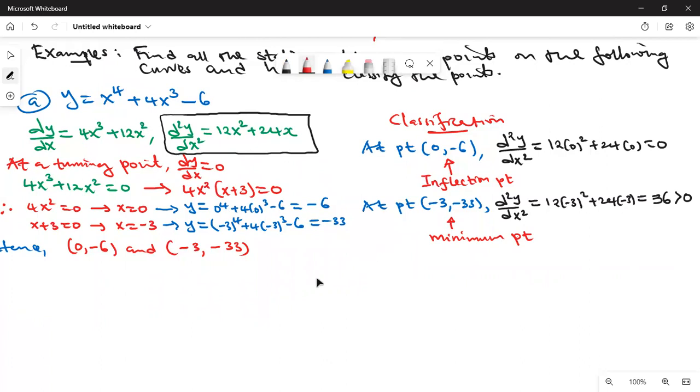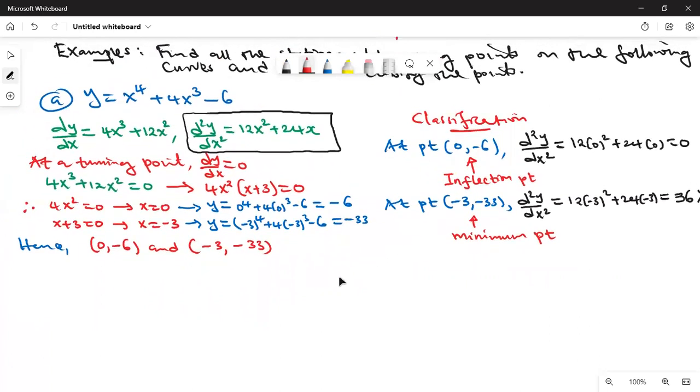I want to give you another example on how to find critical points and also classify the points. So that was part A. In part B, let's say we have this function f of x equals 1 over 4 x raised to 4,